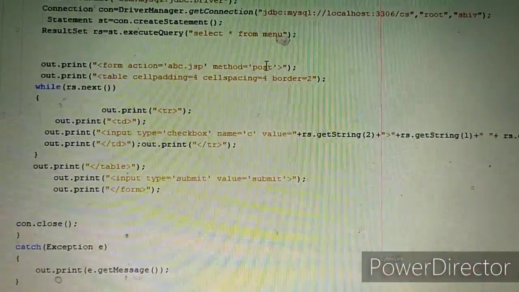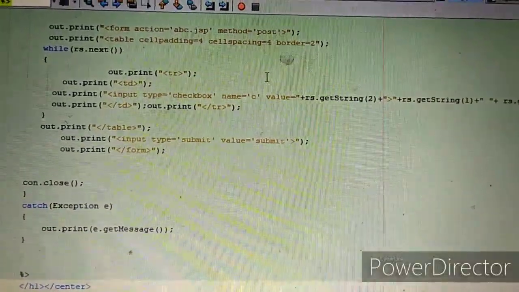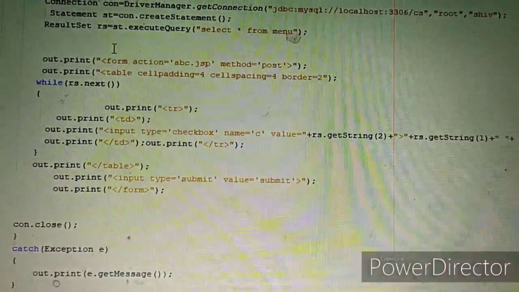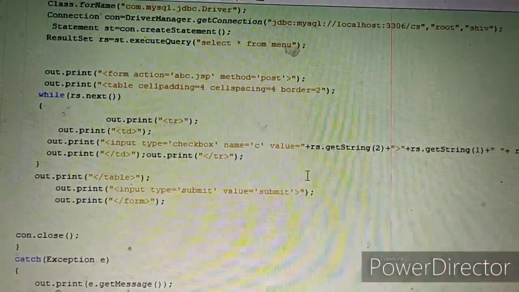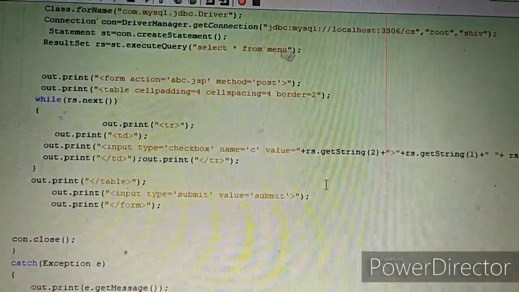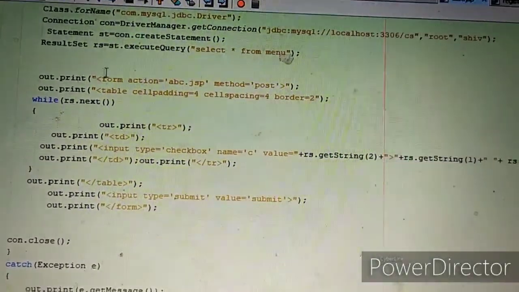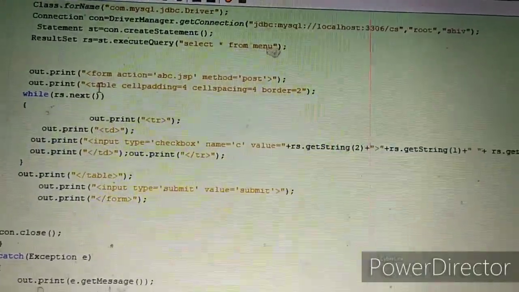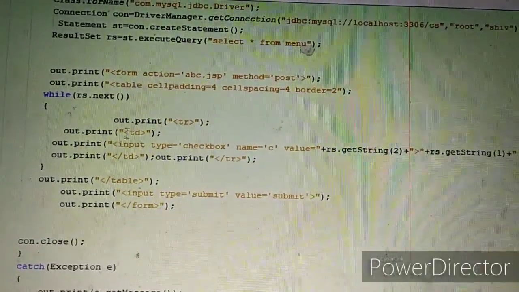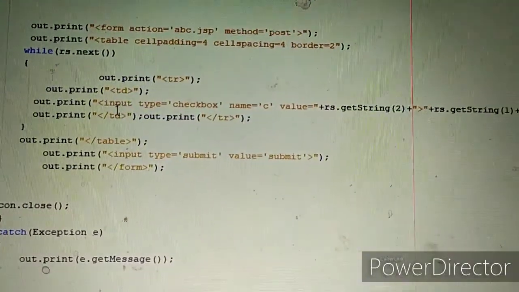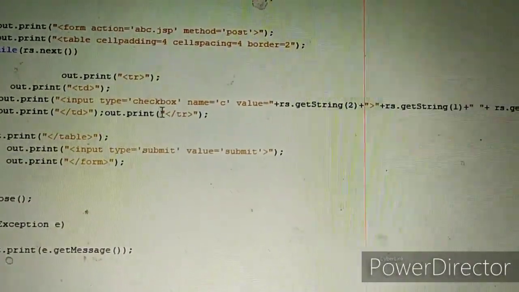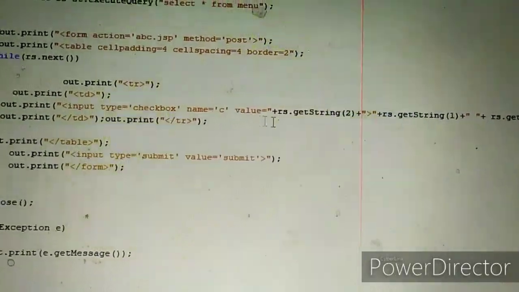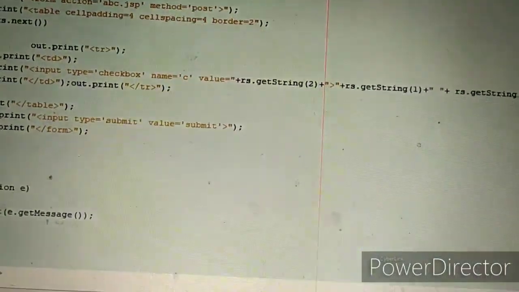Now while traversing the result set, we have created a form, since the user has to select items from the menu. We have created a form and a table. All the records will appear in the table, and we have also created a checkbox corresponding to every field.